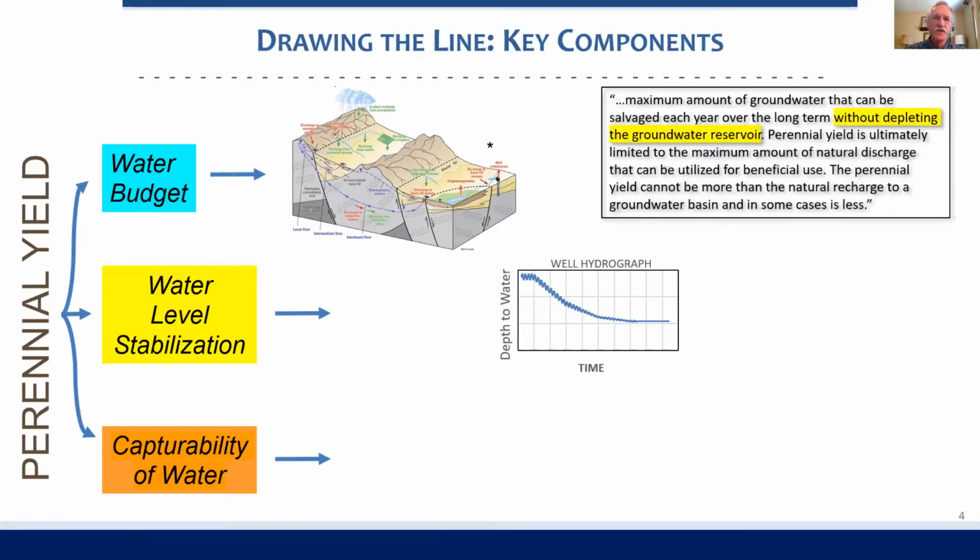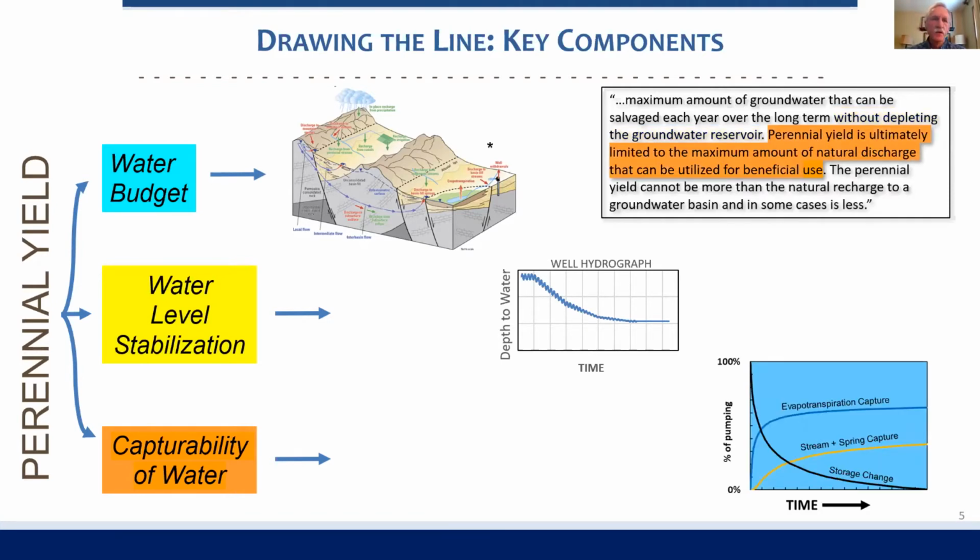Now, the water level stabilization is a key metric to ensure that the groundwater system is not being depleted by pumping. These early perennial yield estimates made by the USGS typically didn't directly consider water level data simply because the data weren't available. But since that time, water level monitoring data collected and maintained by the USGS and also by the Nevada Division of Water Resources have become available, helping to tell a fuller story with respect to water level declines in overpumped basins, and also providing the kind of information needed to help assess areas where perennial yield estimates may be either too high or too low and due for reconsideration.